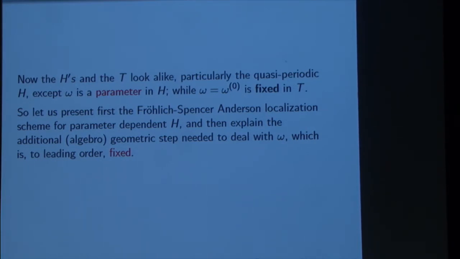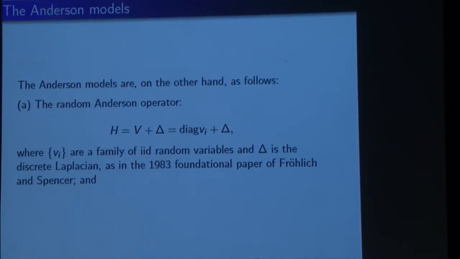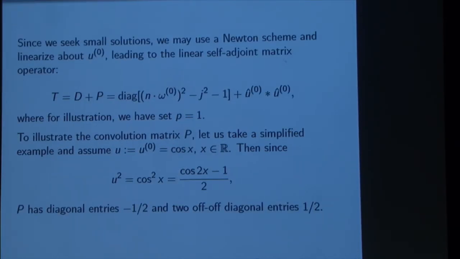Now, let's go back. These are the Anderson models, and my model looks like it. This is your discrete Laplacian, if you like, the analog of it, and then I have something on the diagonal. Where does u hat 0 convolved with u hat 0 come from? It's the Fourier transform of u squared. But you have a different nonlinearity. Oh, you only keep track of the second order correction. So why u squared in your equation?